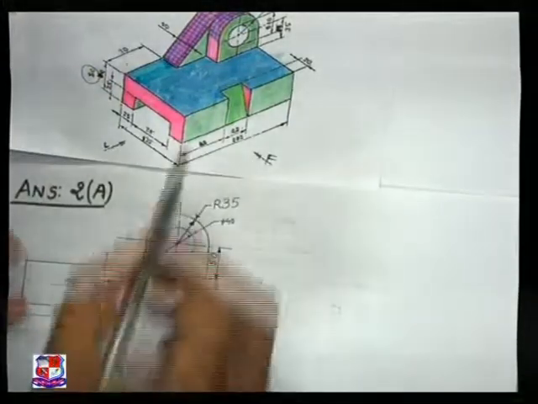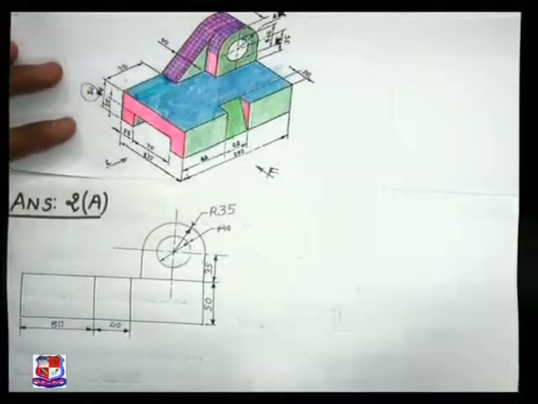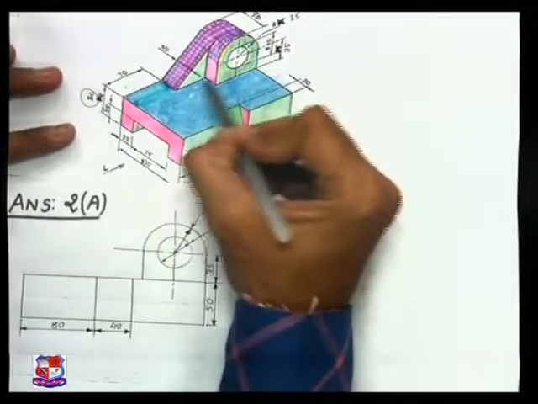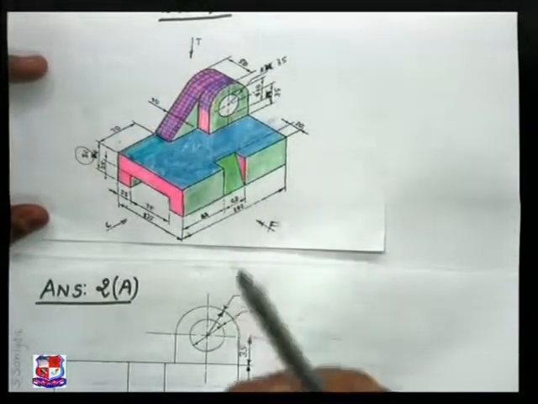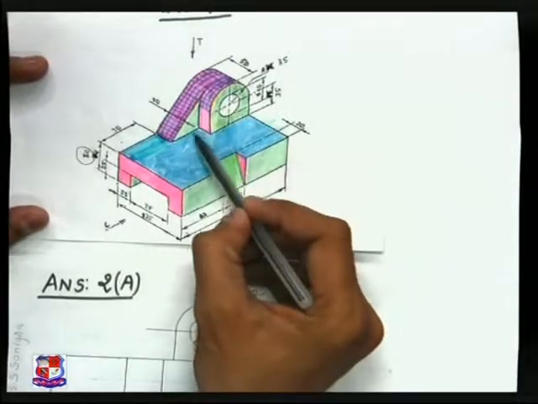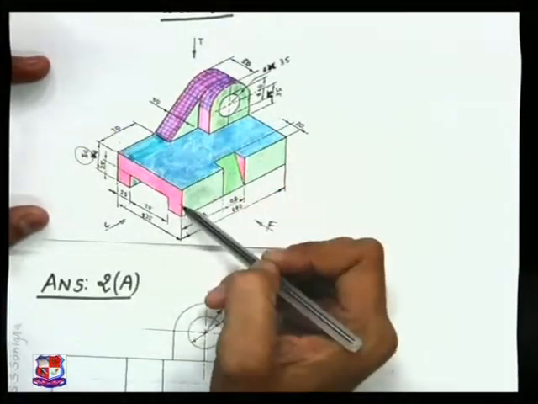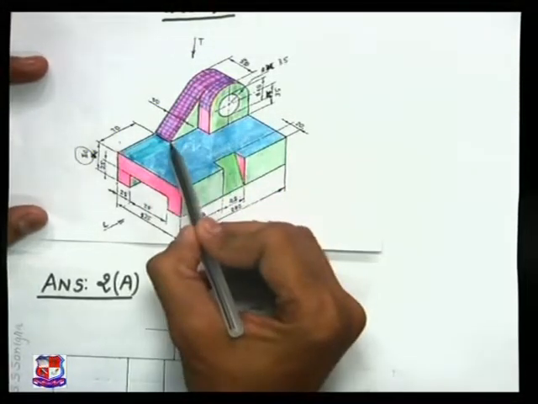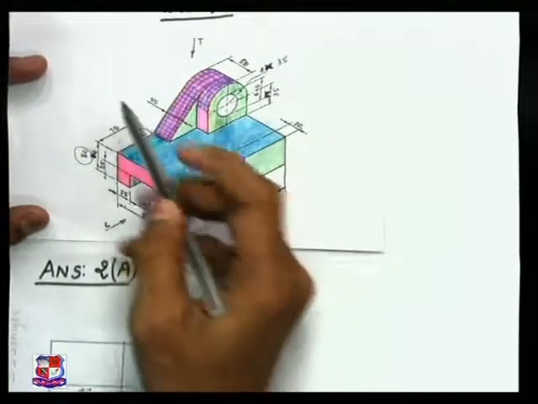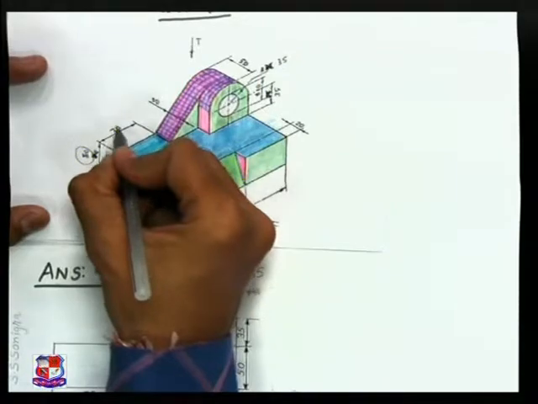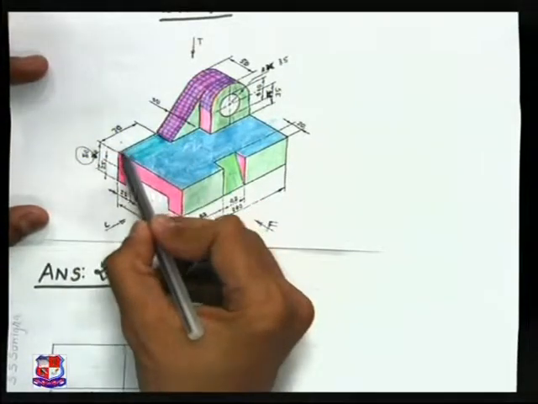So till now we have drawn this portion. Now think about this right angle triangle. If we look from this front direction, this right angle triangle would appear. This green colored portion starts from this point. So this point is at a distance of 70 mm. This parameter is given as 70 mm. So this distance is 70 mm.